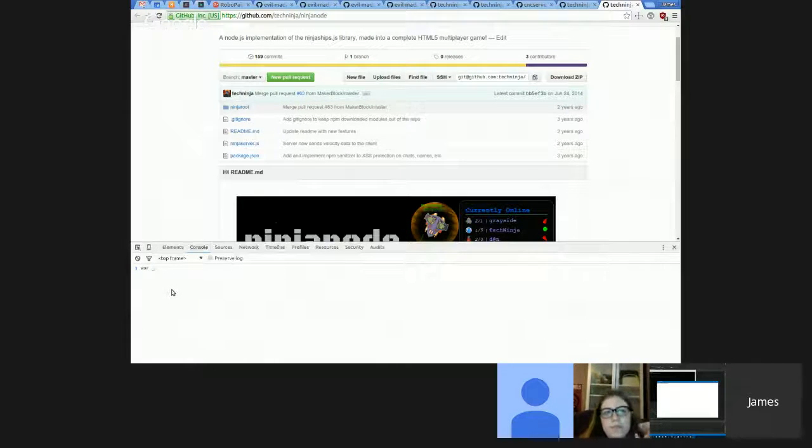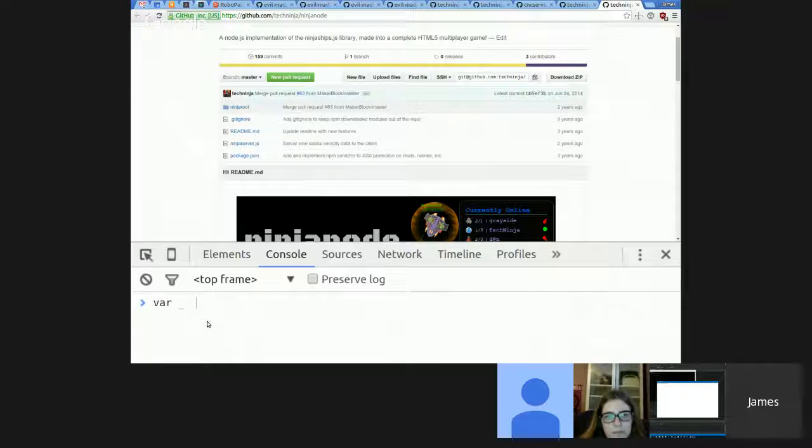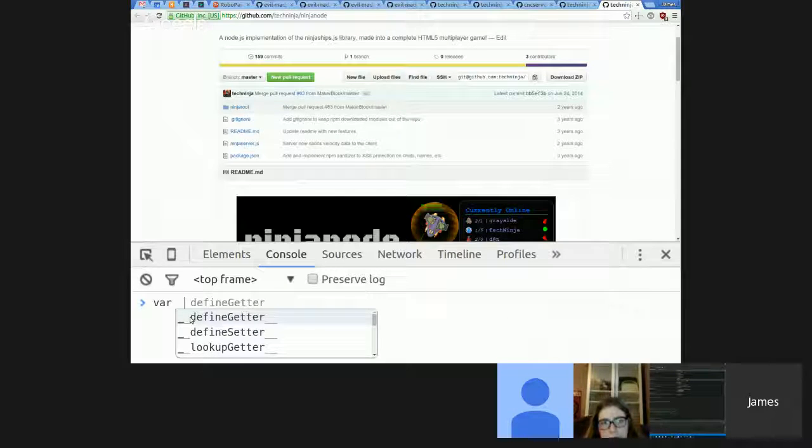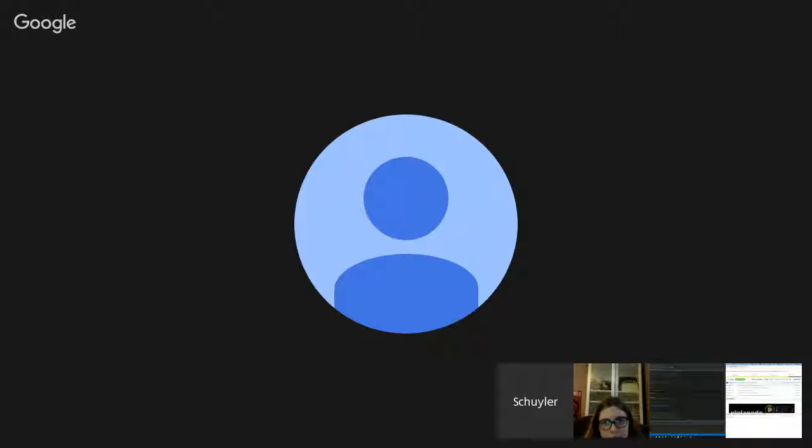I think I can actually make this bigger. There we go. Which are actually the names of some of the shortcut variables for a number of very popular libraries. One of them being jQuery, and the other one being underscore or Lodash, as Skylar's more favorite is. Lodash seems to be a more modern fork of underscore.